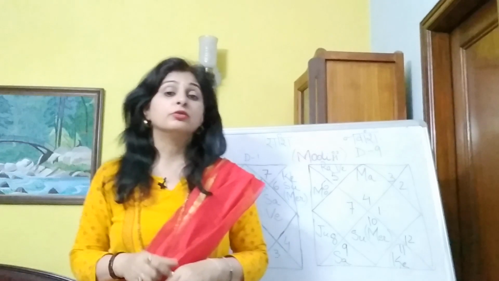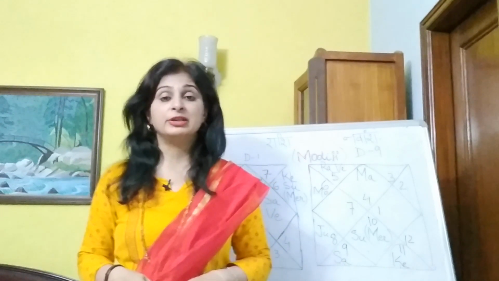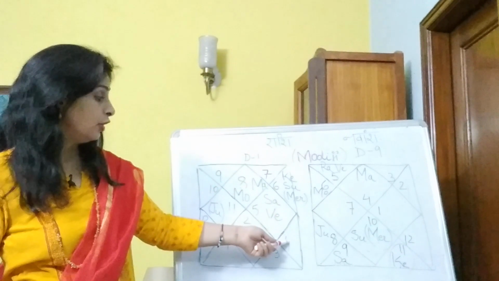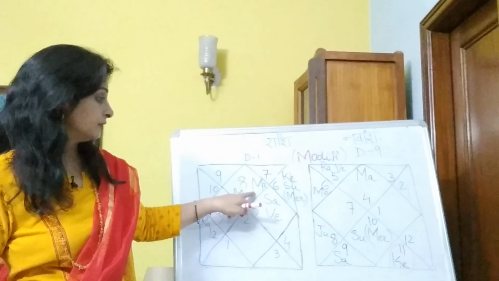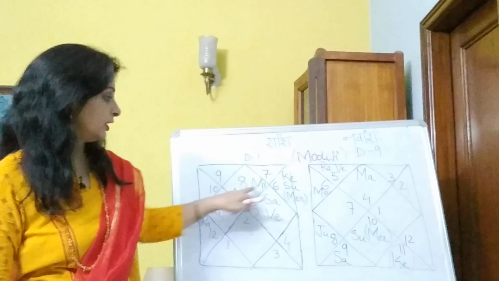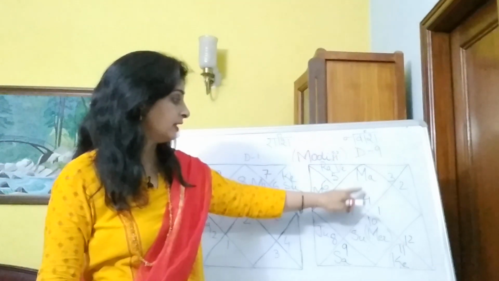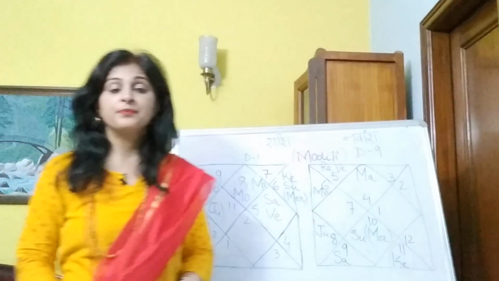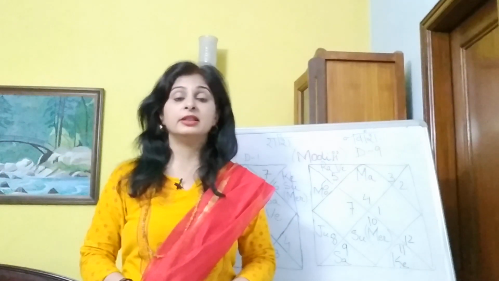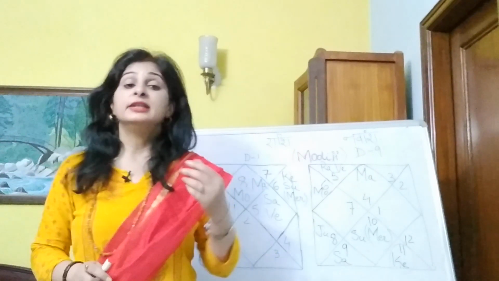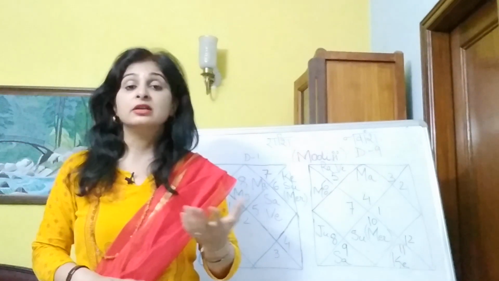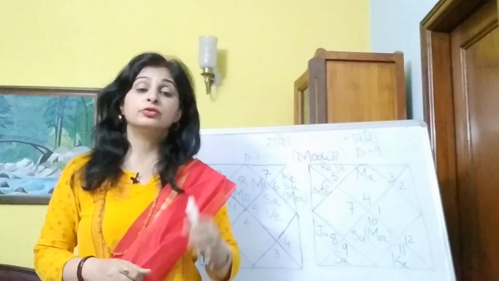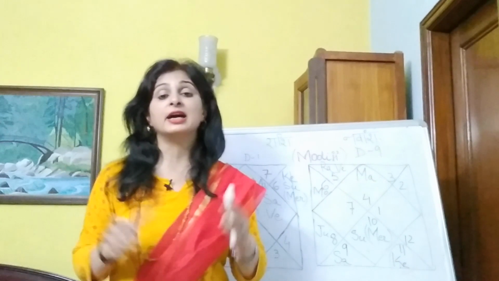And if a planet goes to the 9th from itself, suppose your planet is in the Lagna and it has gone to the 4th house. So here Mars is in the Scorpio sign and it has gone to the Cancer sign. Superimposing this Mars here, we say it has gone to Bhagyamsha. So during this period of Mars, things related to luck or Bhagya will prosper. If a planet goes to the 10th place from itself, we say Karyamsha.